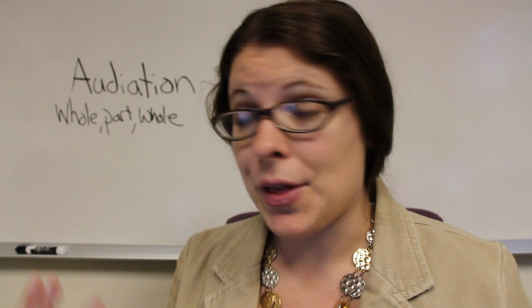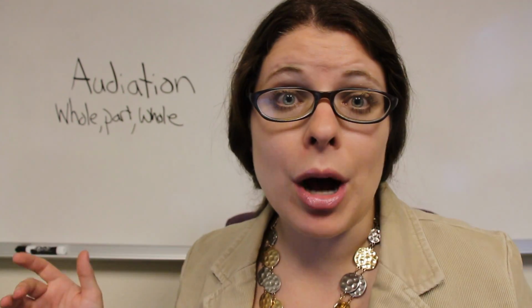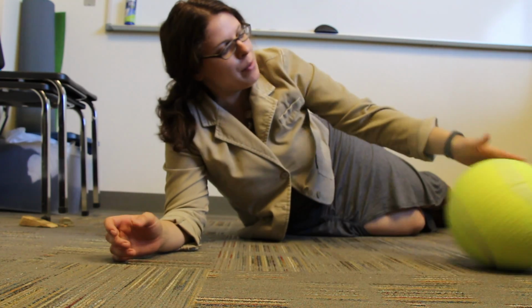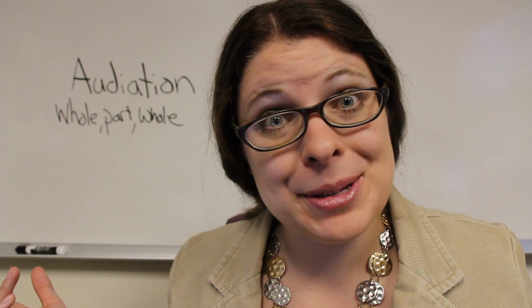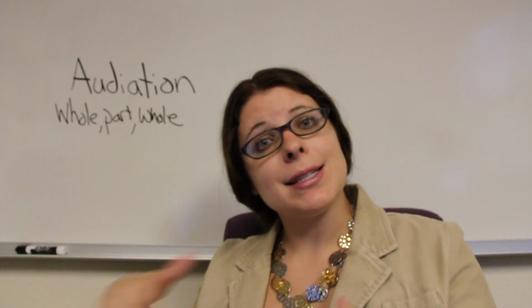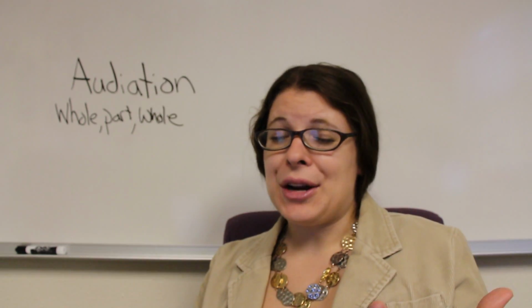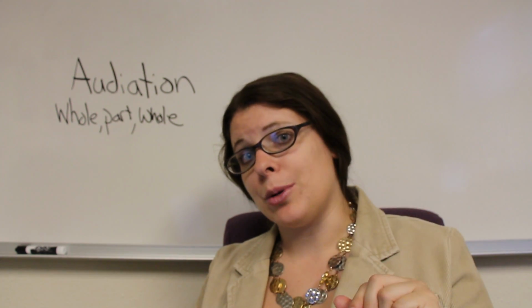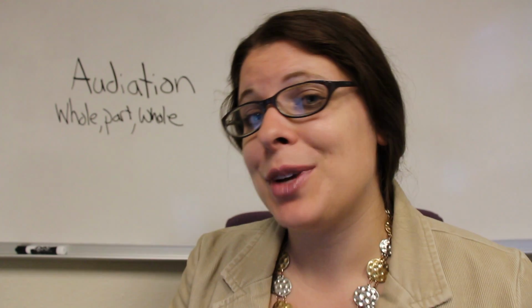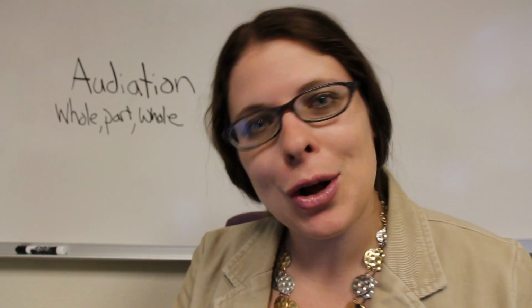You choose repertoire that allows for certain patterns to be learned, and you alternate between the song or chant, roll the ball like this, roll the ball like that, and the patterns. Whole. When we sing the rep, the class sings as a whole. Part. When we sing the patterns, we alternate between class and individuals, so we can assess where each student is at. Then, after a few patterns, whole. So we connect back to the song or chant to give overall understanding.